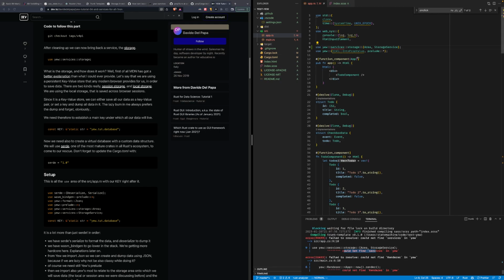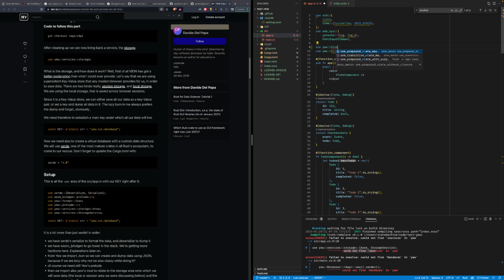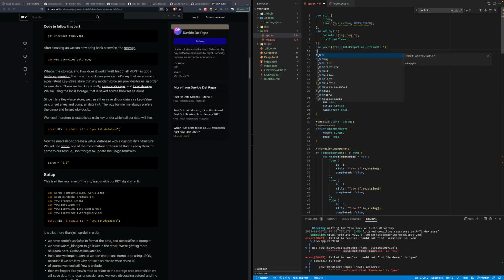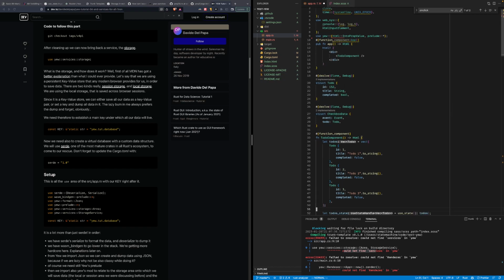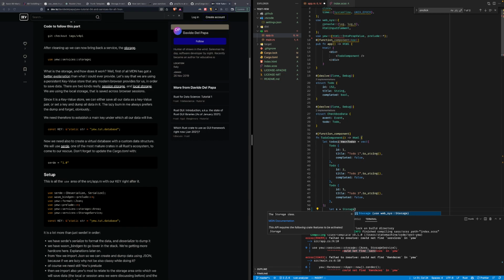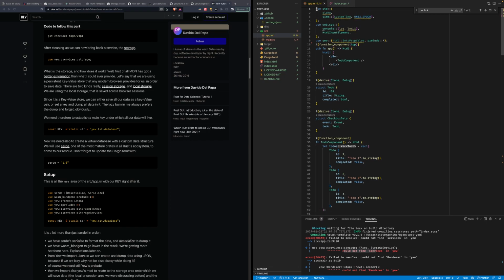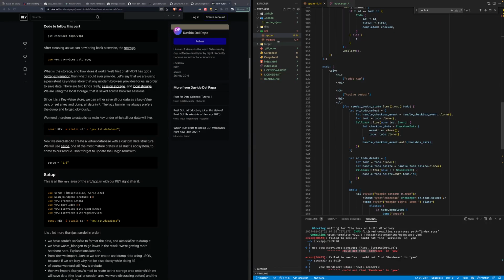Could not find services in Yew. This is just web-sys storage. You know what? I'm just gonna use web-sys storage now. I'm so done. This is really annoying for no reason.